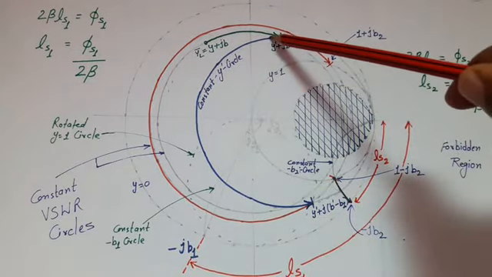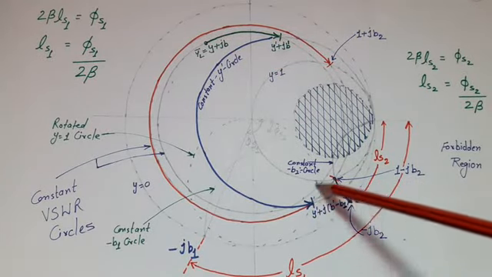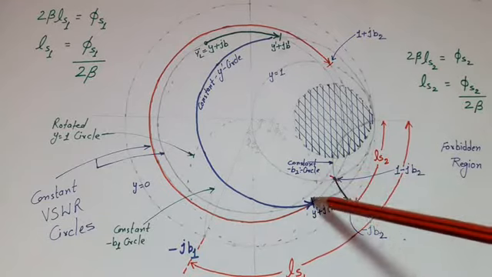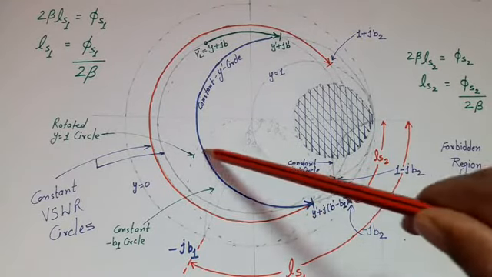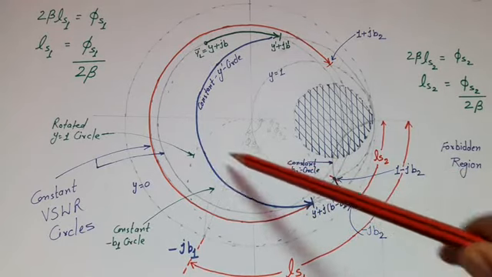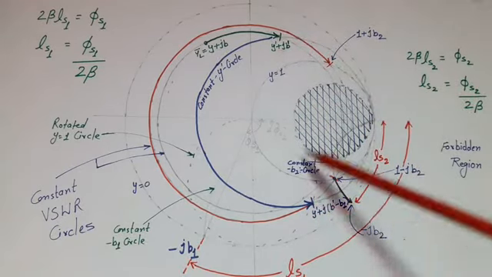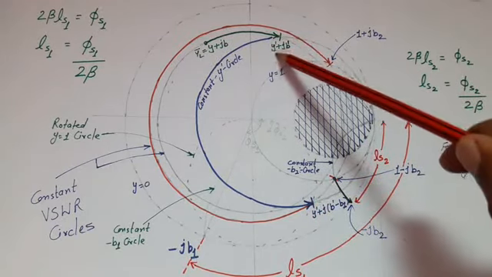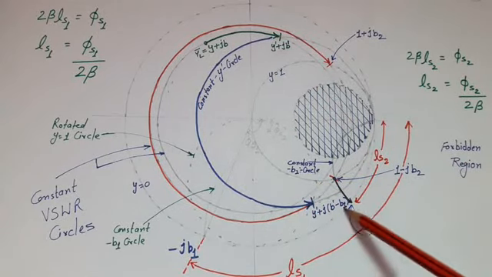Now we find the intersection point of y is equal to y dash circle with the rotated y is equal to 1 circle. For this we get 2 points, this point and this point. We can take any point out of these 2 points. Suppose we take this point. If we compare these 2 points, then from here to here, the conductive part remains same as y dash, only the reactive part is changing from b dash to b dash minus b1.